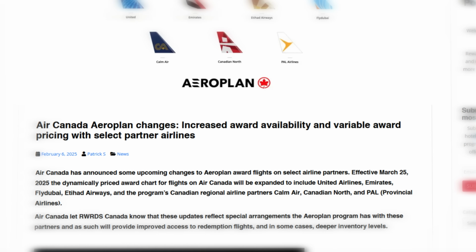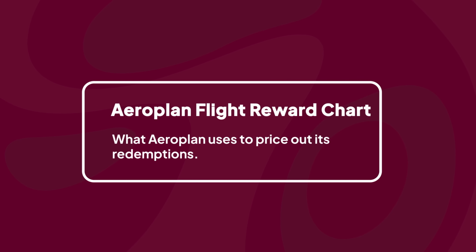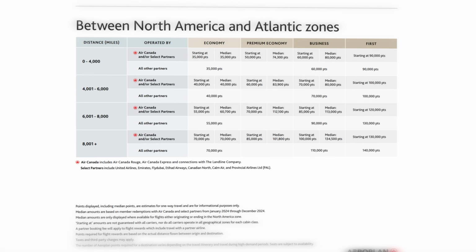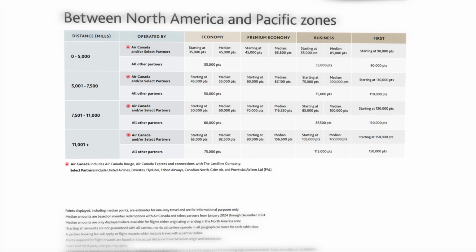Earlier this year, Aeroplan announced that it was making some changes to the flight reward chart. The Aeroplan flight reward chart is what Aeroplan uses to price out its redemptions. The changes that have recently taken effect are the biggest ones that have happened to the program since its relaunch